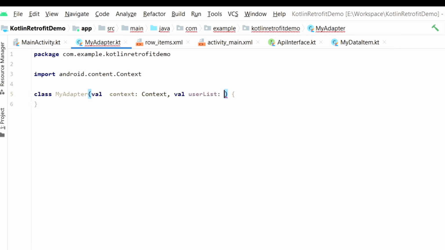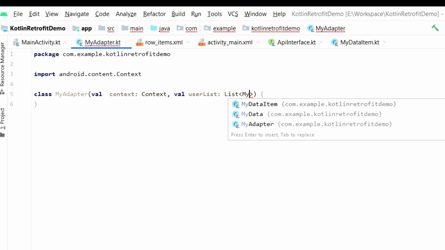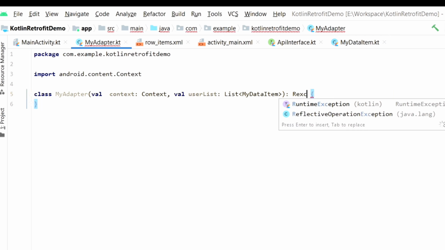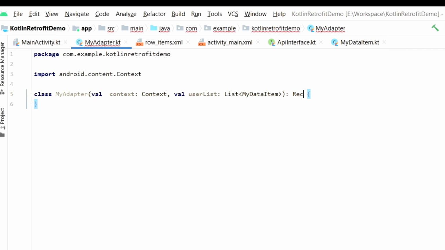That is nothing but the response we are getting from the JSON from that URL. So this will be our list of MyDataItem, which is our data class, as we have seen in previous videos. And this MyAdapter will extend RecyclerView.Adapter.